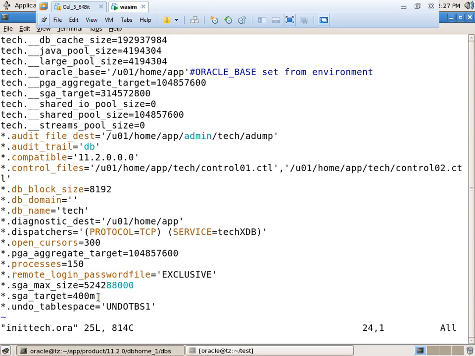I changed the previous value, 300 to 400. Previously it was 300, right? Now I changed the value to 400. Okay? Just save and exit.